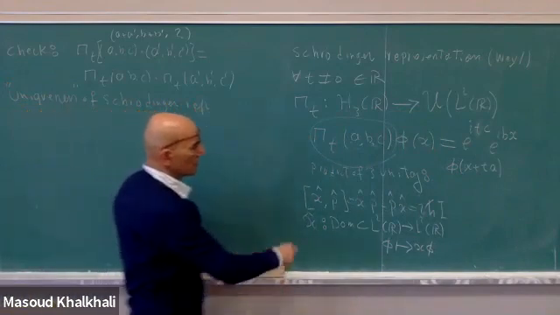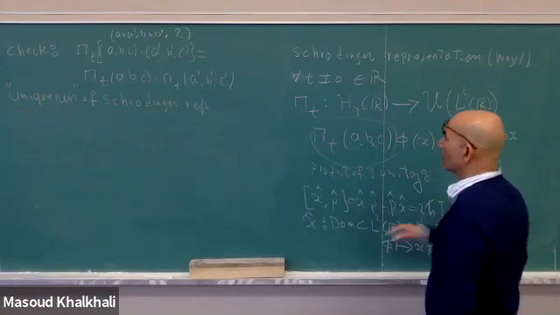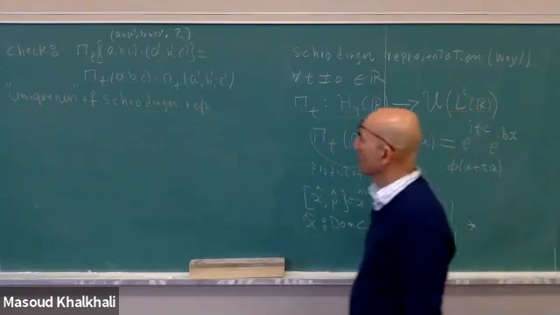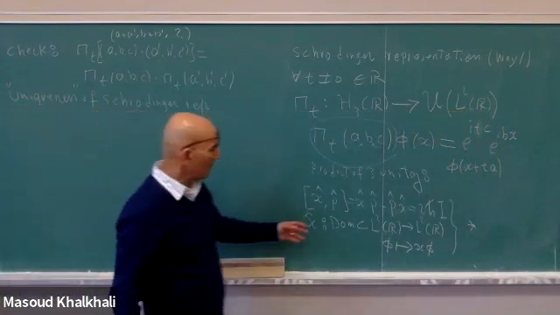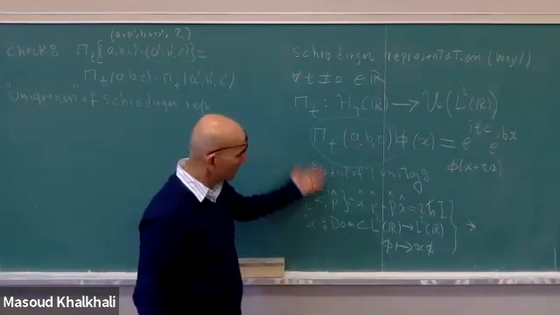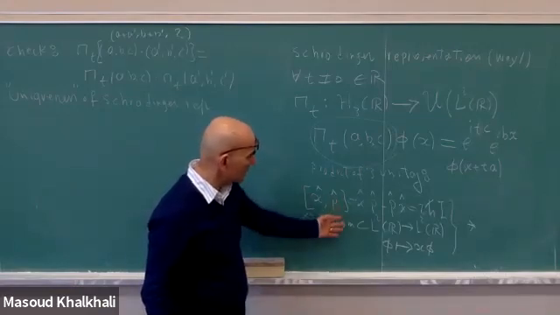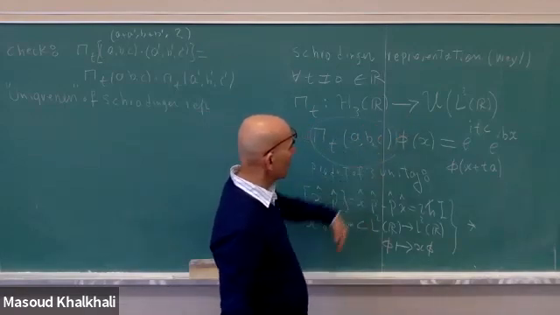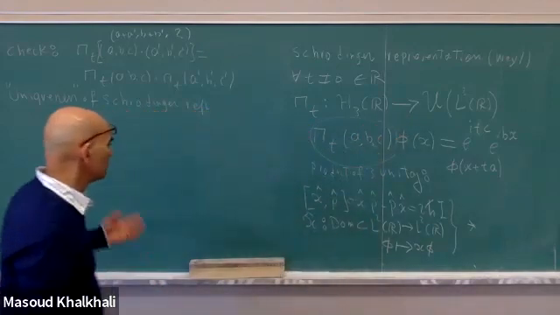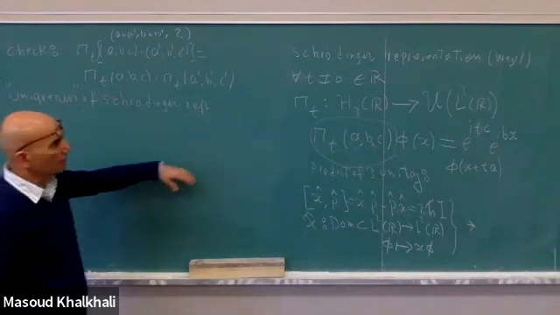So this is the Schrodinger representation that I erased here, part of it over there. Now this question, as I said, people believe that there is a uniqueness, but it's kind of hard because it's unbounded. That's why Weil introduced this integrated form, and people started trying to prove this result for uniqueness of